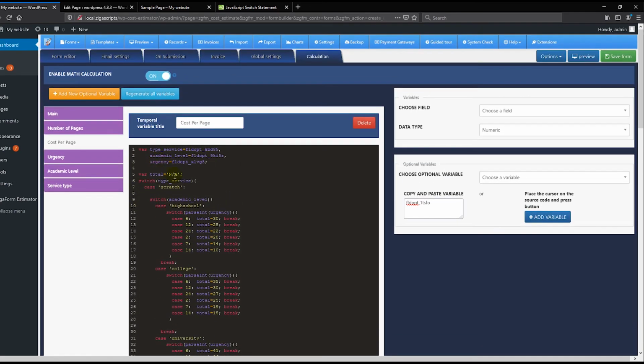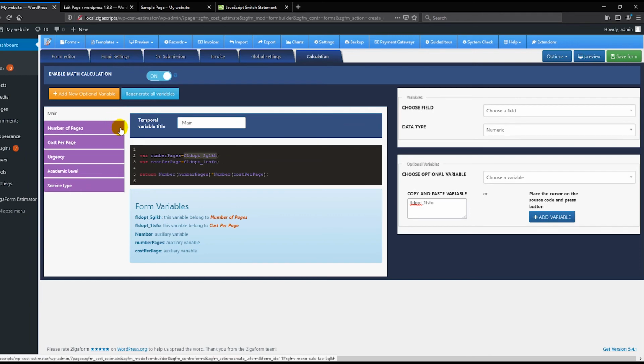But we don't need to create all of this again, so we can just use this variable here. For the total amount, we just multiply the number of pages by the cost per page, and that's it. Here, number of pages, this auxiliary variable,